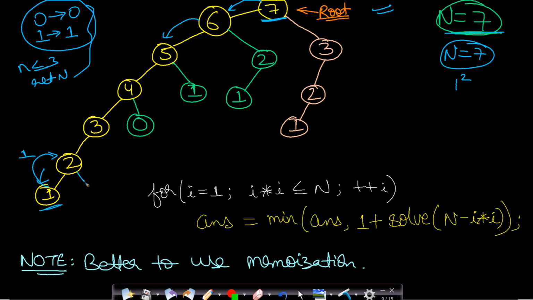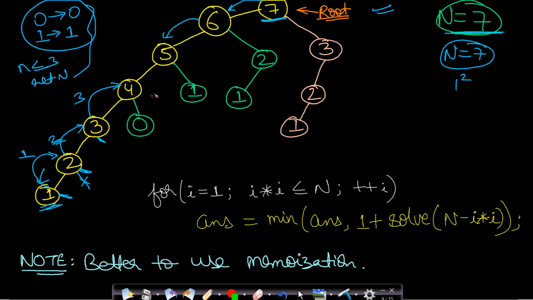Then this will try for the second breakpoint, but from 2 you cannot have a breakpoint of size 2 square. So there will be no right call. This will just be a single call, returning a value 2, which will be 1 plus 1. Now this 3 can also not have more breakpoints, because more breakpoints will make it go out of bounds. So this will return a value 3, which will be 1 plus 2. Because we have put the breakpoint at 3, we have put the breakpoint at 2, and we have also put a breakpoint at 1. So this is nothing but the count of breakpoints.